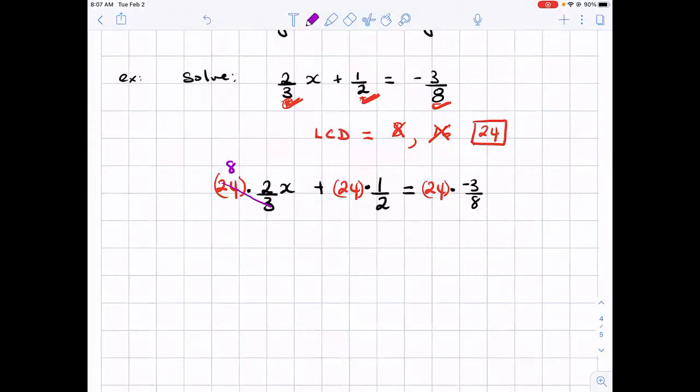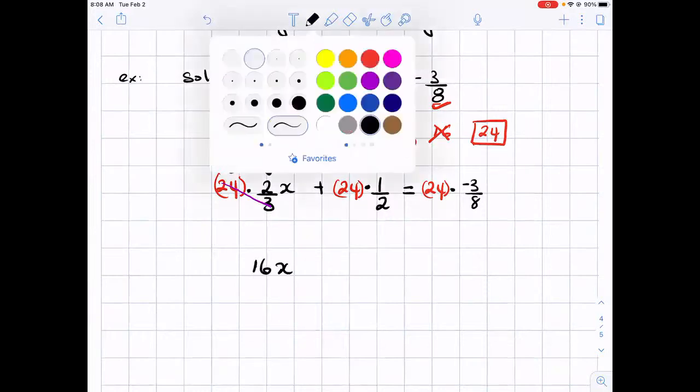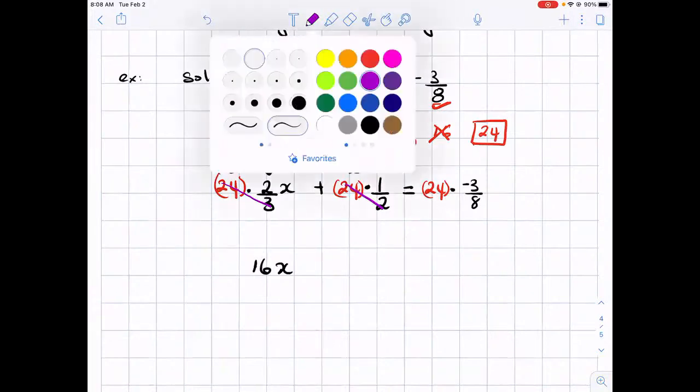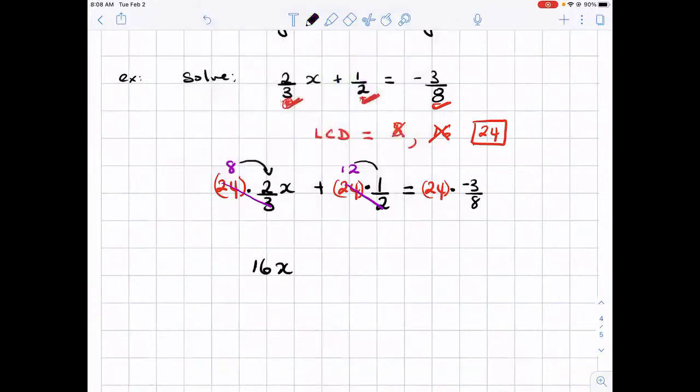So when you multiply now 8 times 2x, you get 16x. Okay? Look at what I'll do again. 24 is divisible by 2. 24 divided by 2 is 12. And then you take that and you multiply it here. 12 times 1 becomes plus 12